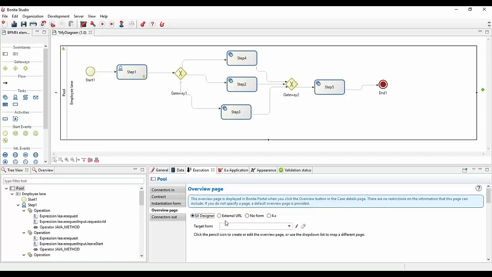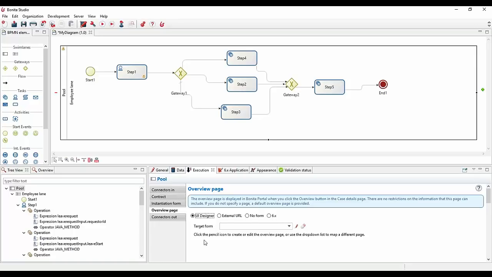All right, by default, it's good to know that we have also automatically generated forms. As soon as you have a contract, we know what kind of information is necessary in order to perform a task or to trigger a process. So the idea is that we provide a default page or default form that will automatically generate something in order to provide this contract information. So this form will be obviously basic and pretty generic, but that's the idea.